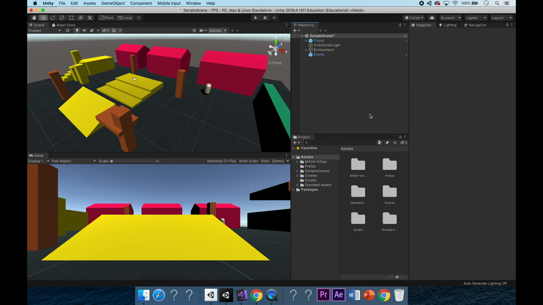Hello, welcome to part 2 of creating an FPS shooter within Unity. We did quite well in part 1. We might be slowing up a little bit in part 2 because we're trying to sort out those bits and pieces